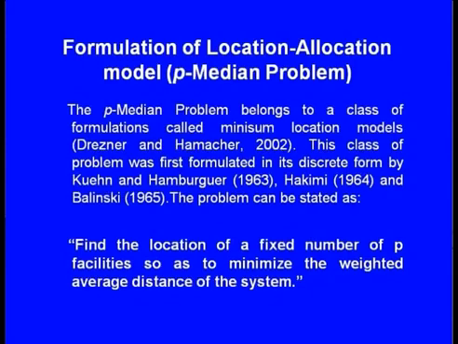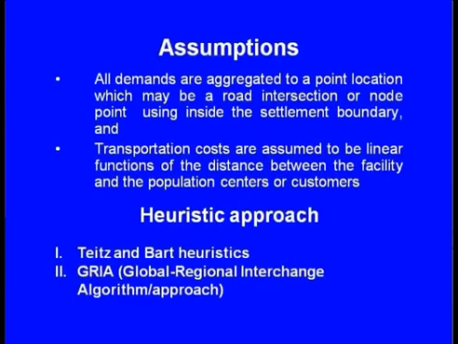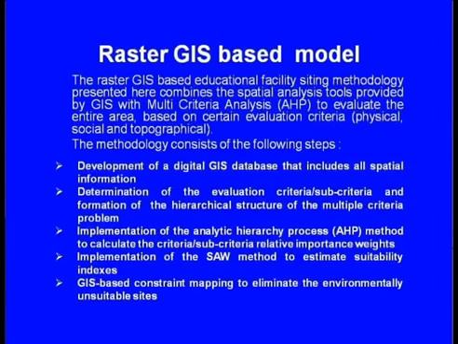The scope of this particular allocation is to find out the location of a fixed number of P facilities, so as to minimize the weighted average distance of the system. So, based on this, certain heuristic approaches have been adopted, like Teitz and Bart's heuristics, GRIA, that is global regional interchange algorithm, and then the raster based models have been identified and developed, so that they can take into account the